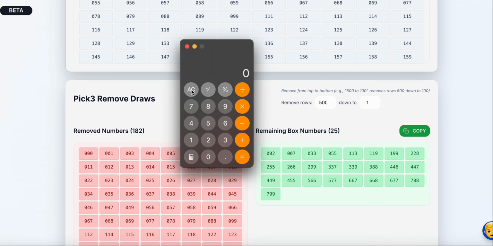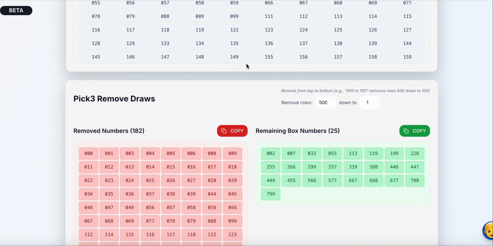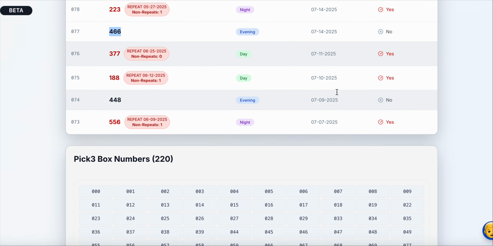That's 625. So the prize is 37.50, right? 625, 37.50. Okay, divide 625. 6 draws. Not bad.